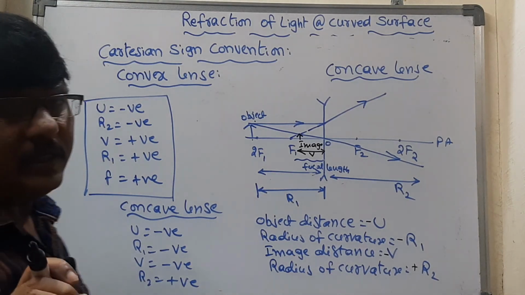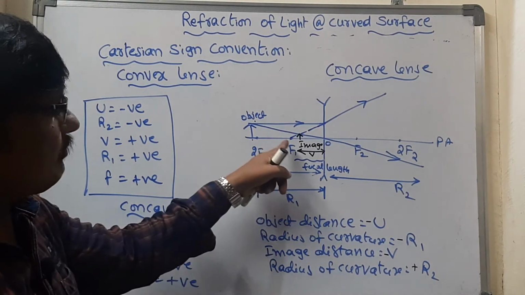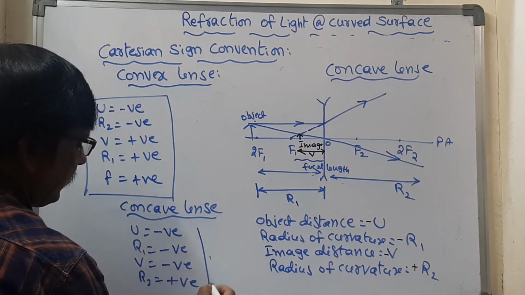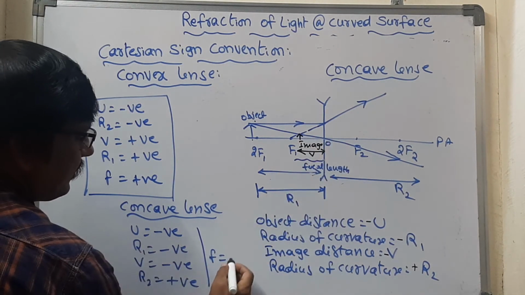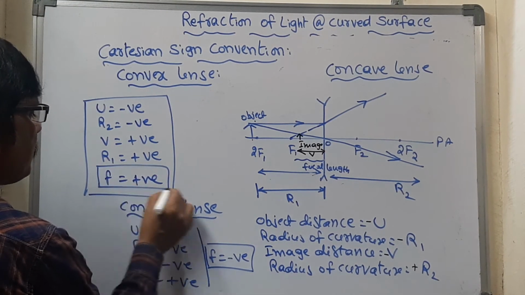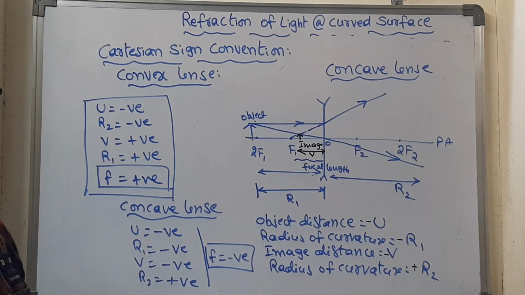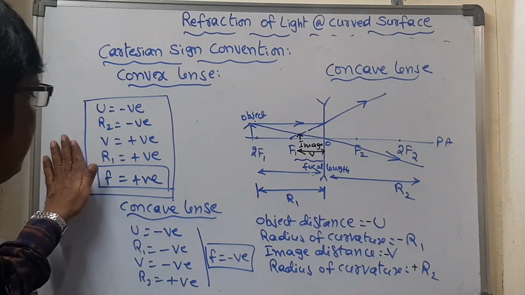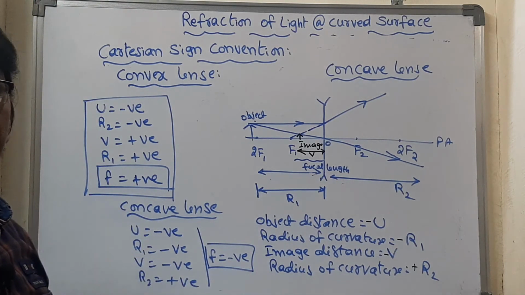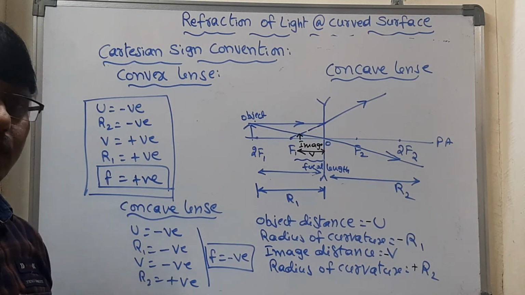Then can anybody tell me what you are thinking about the focal length? Which side is the focal length forming? Left hand side only. So this is the focal length it is forming, right? And so the focal length for this is f equal to negative. This is the most important one. So here the focal length is positive, and here the focal length is negative. I hope this is understood, right? We can consider that the convex lens focal length is positive, and for concave lens focal length is negative. Now that is about the Cartesian sign convention, which helps us to solve the sums.